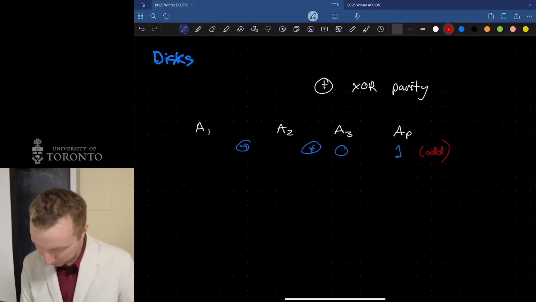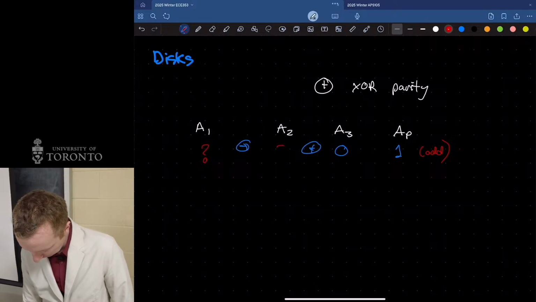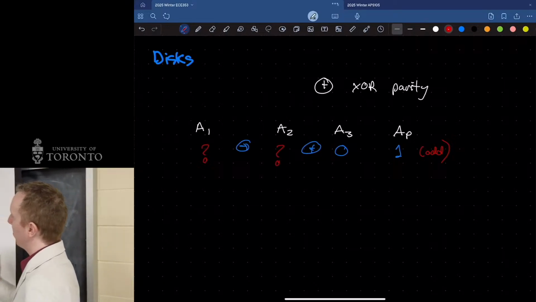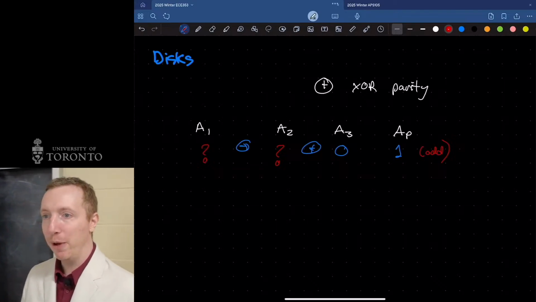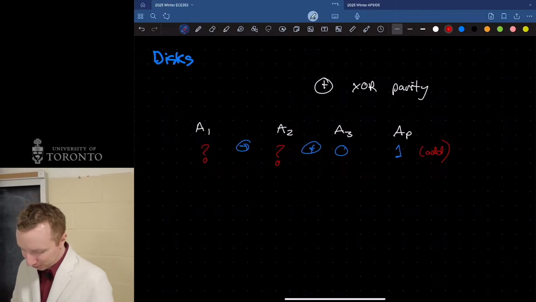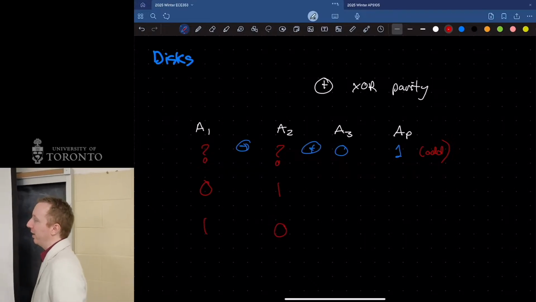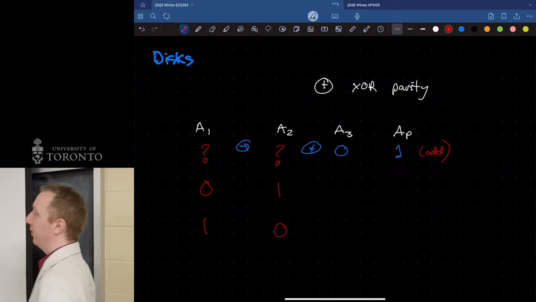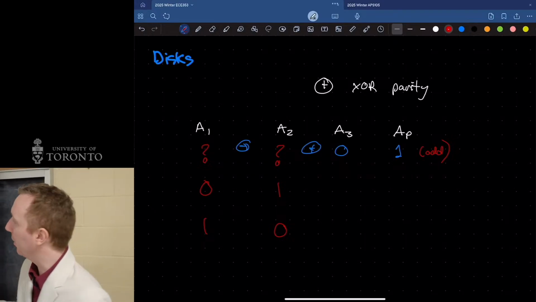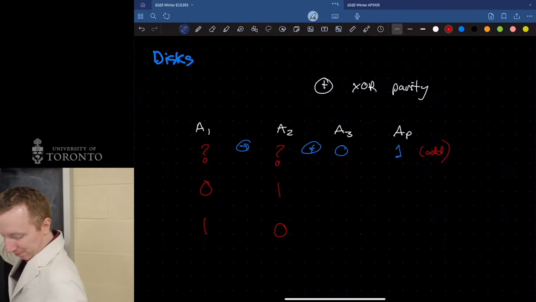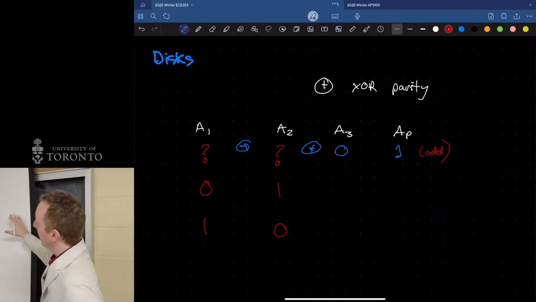If I don't know 2 things, so I know some unknown plus a different unknown plus a 0 is odd, there are actually 2 solutions for that. This or this. And having a 50-50 dice roll is not great, so I might lose information.